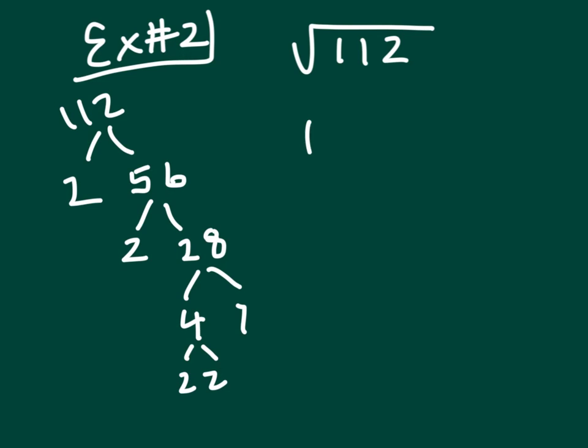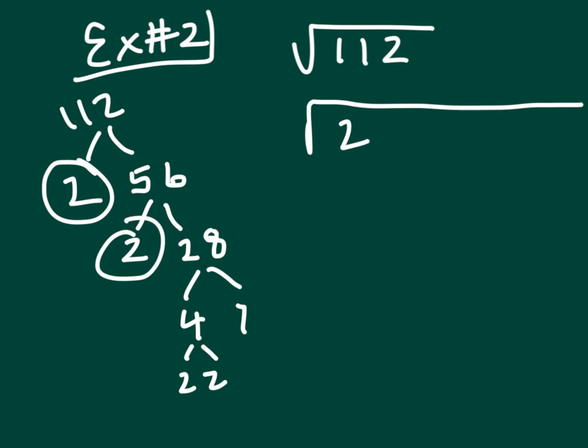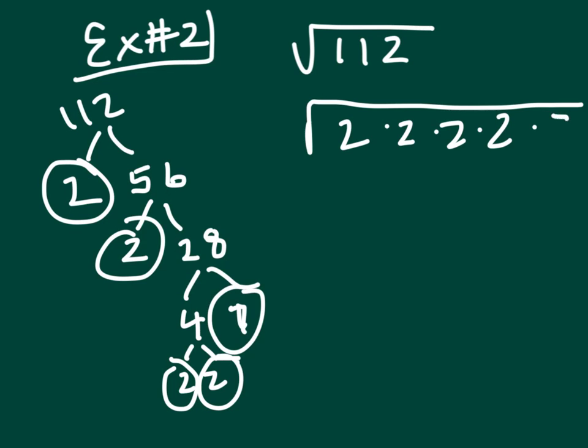So now I'll always rewrite my square root, and I'll rewrite it with the bottom of my factor tree. There's a 2. There's a 2. There's a 2. I don't have to write the 4 because the 4 was broken down. There's a 2. And this is a 7. It's the bottom of my tree. So all of these numbers that you see here are the bottom of the tree. So now what do we do? Well, if you want to try and pull out pairs and see if you can get the correct final answer, pause the video and give it a try.